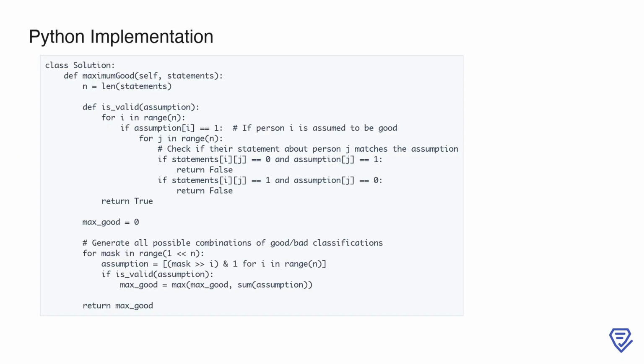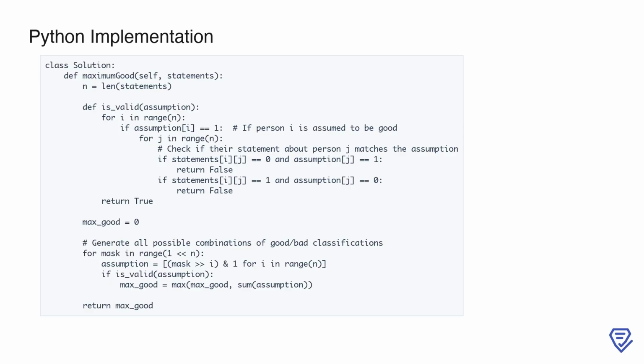This implementation solves LeetCode problem number 2151, maximum good people based on statements, using a brute force approach to evaluate all possible configurations of individuals being good or bad. The maximum good function begins by determining the size of the input matrix, n, which represents the number of people. It defines a helper function is_valid that checks if a given assumption about the goodness of individuals is consistent